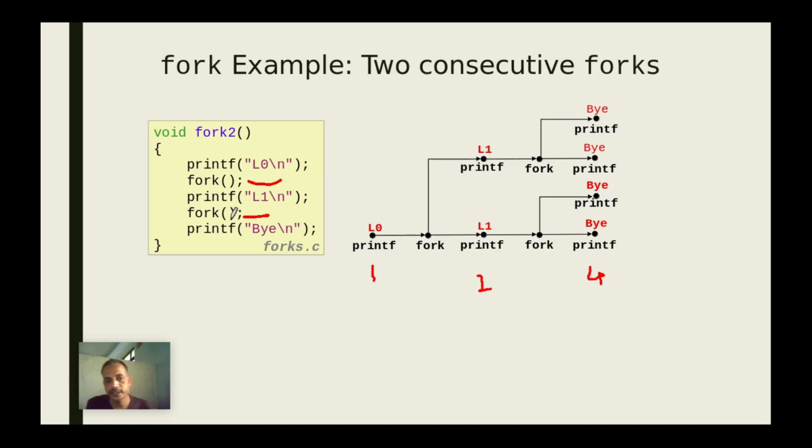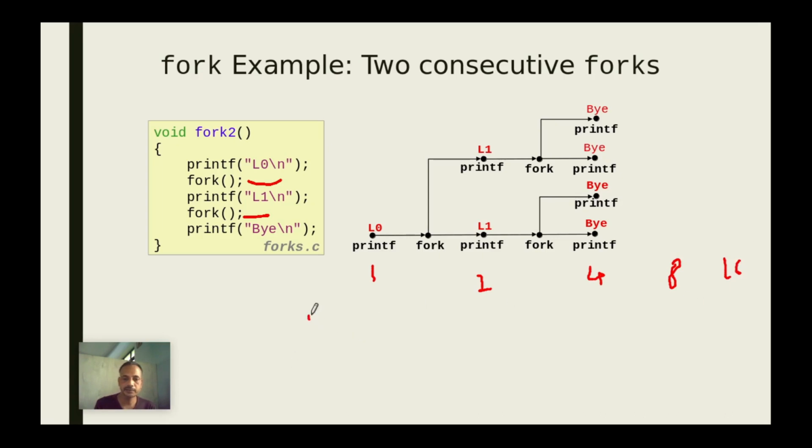Now what will happen if there are 3 fork system calls? If there is one more fork system call next to this, then what will happen? This parent will create a child process, this child will create a child process, this again will create one more new process, this again will create one more new process. That means 4 new processes will get created and the next message will be printed 8 times. Then next, how many times? 16 times and so on.